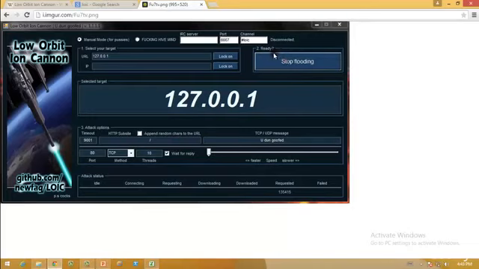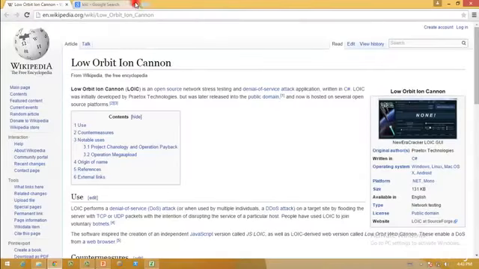As soon as you click start flooding, it will show the stop flooding option, and you can select the speed as well as what you want to attack. You can use the port which the person is actually using for their website, and the methods and threads depending upon the speed of your computer and everything. It will shut down the computer or the website. So these things were used.